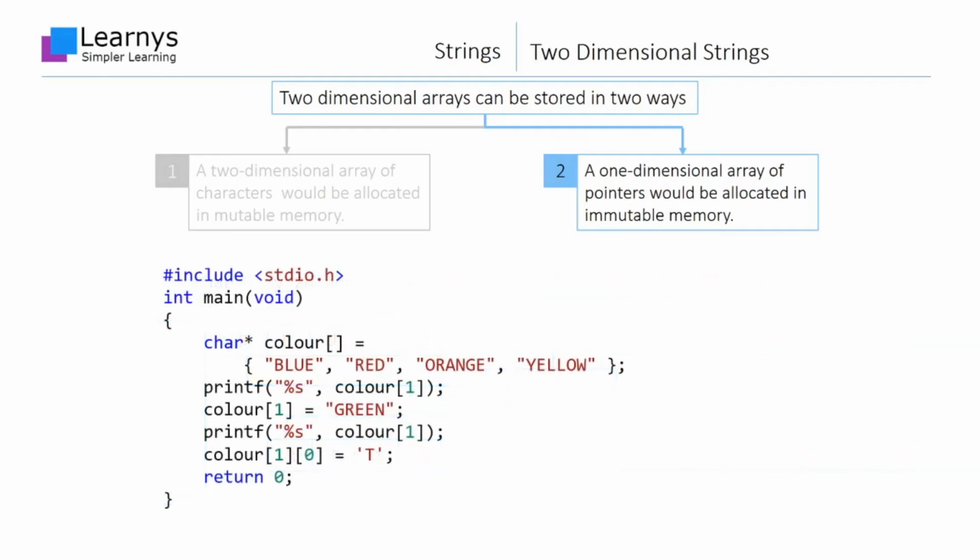In the program displayed on the screen, an array of character pointers is created and assigned string literals stored in the data segment. The base address stored at the second position points to the string literal with the value of red. In the line following the print statement, a string literal with the value green is created in the data segment, and the base address of this new string literal replaces the value stored at the second position of the pointer array. The next line prints the string literal pointed to by the pointer stored at the second position of the character array. The output is green.